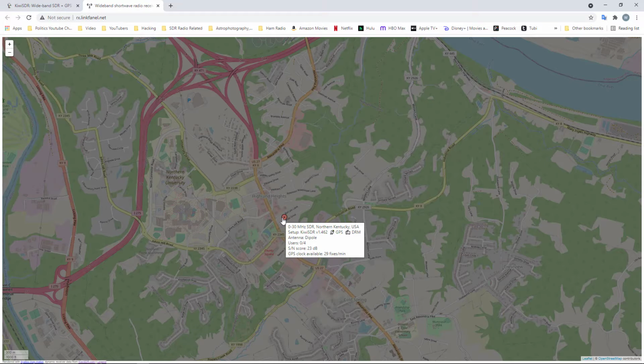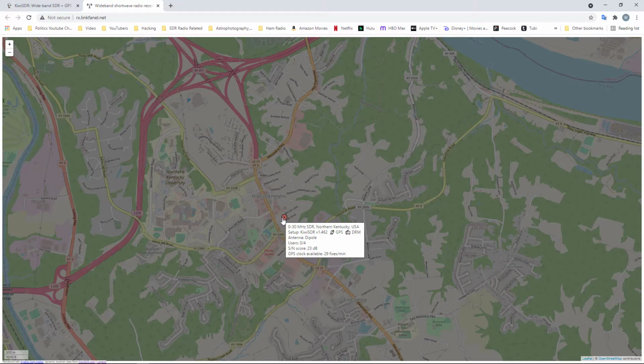And also, each receiver, well, in this particular one, is capable of having up to 4 people. Now, I've never been locked out of this receiver, so I don't think you'll ever have to worry about being locked out, although there are some receivers that I've been locked out of.